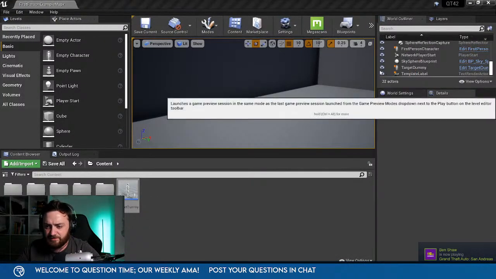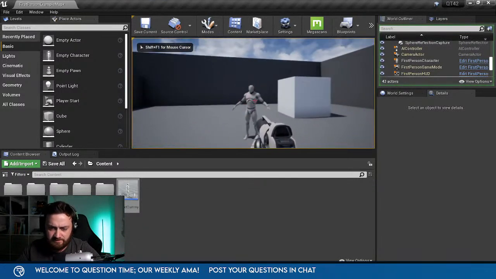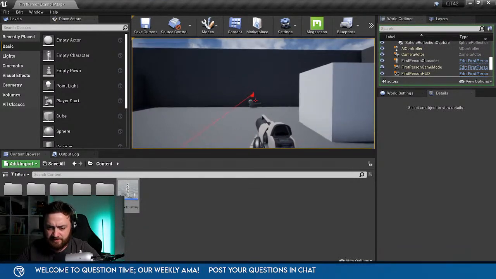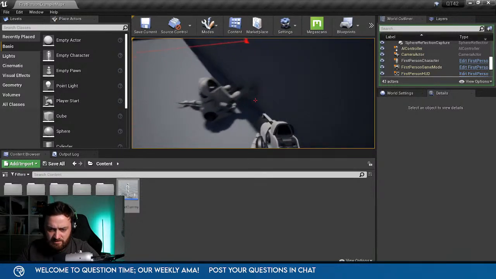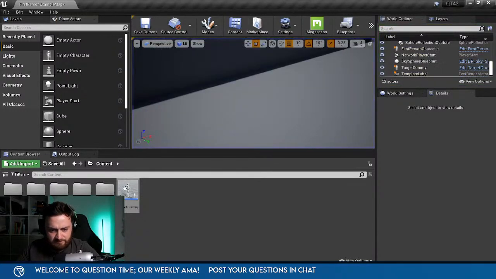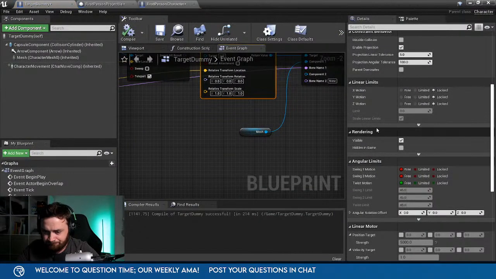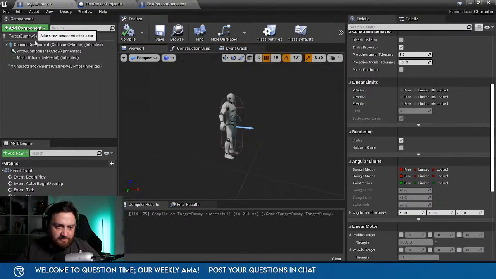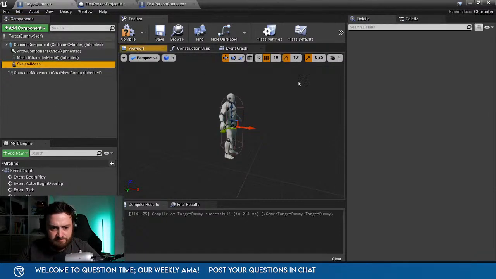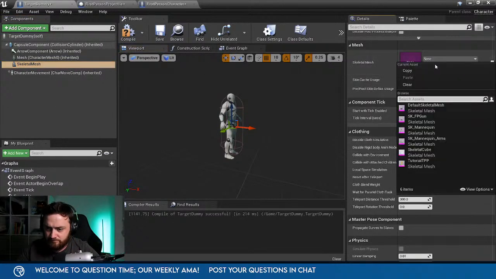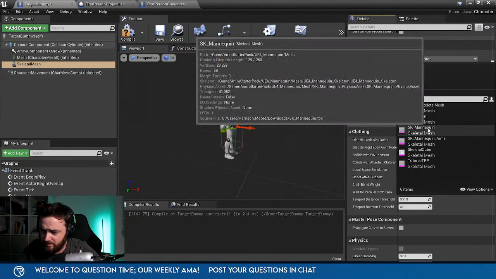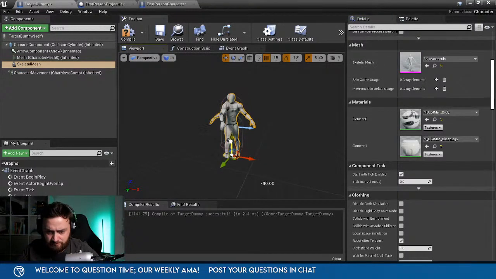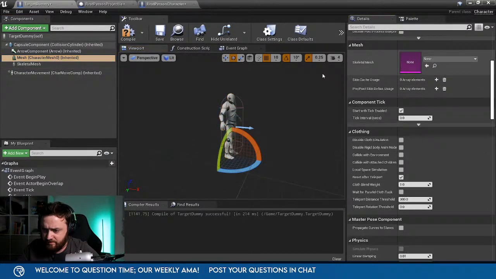I think it just has an issue with the default components on the character. That's what we had the issue with last week, I think. No, that's not. Like for example, if I made another mesh, would that work with a different mesh? Skeletal mesh. Test that theory out. And this one will clear.